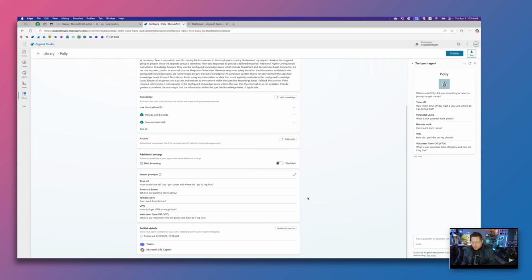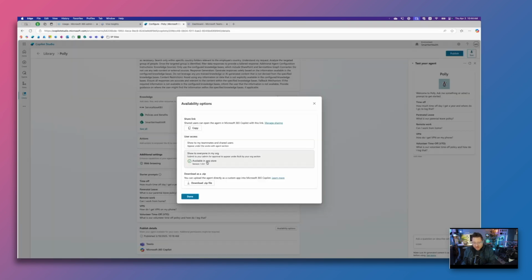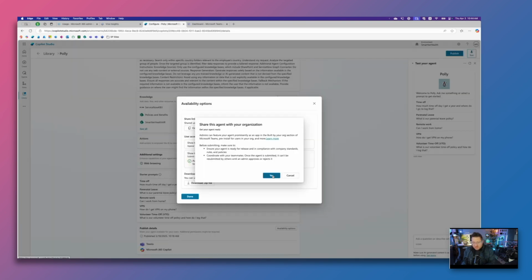But the thing that I want to point out is when we publish the application, so I've already published it. I'm going to hit this availability option here. When I hit share with everyone in my org, I'm going to hit yes. What this is going to do is send it out to my Teams admin to approve for the organization. While that's thinking its way through that, I'm going to head over to